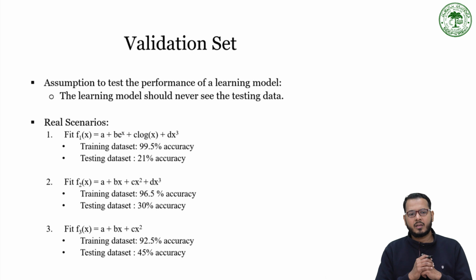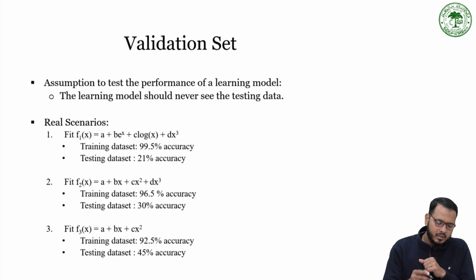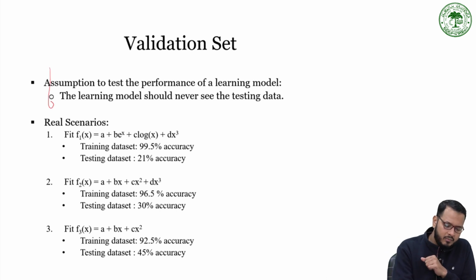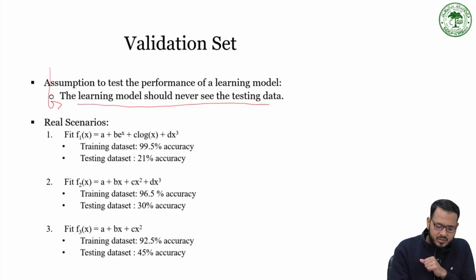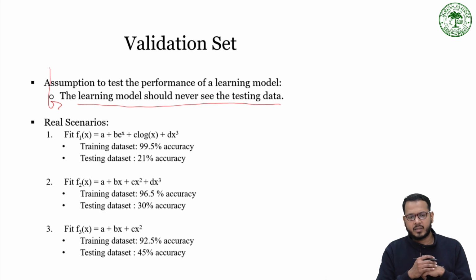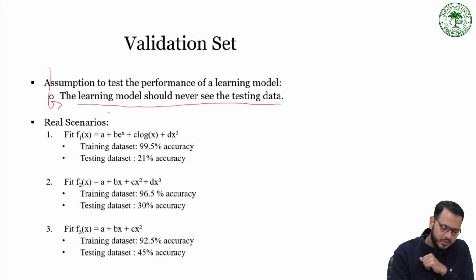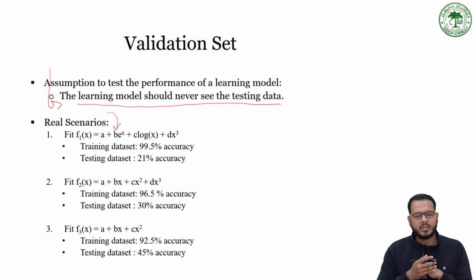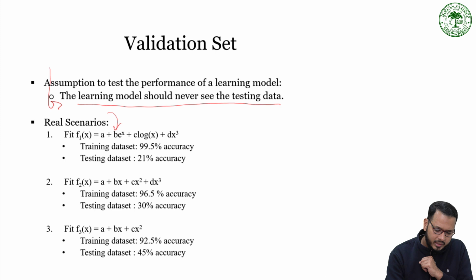Once again, our assumption in machine learning while testing on the testing data set is that the learning model should never see the testing data set. Now, what happens in real scenarios? Let's say I want to fit some model, a complex function by the way, and I get a very good training accuracy,